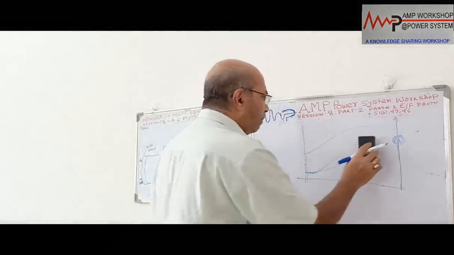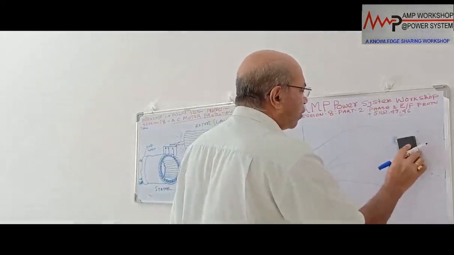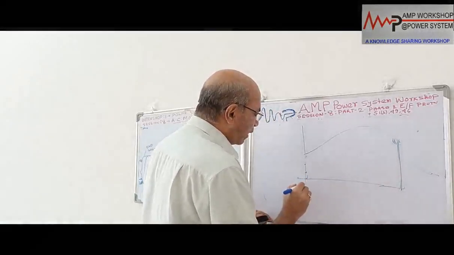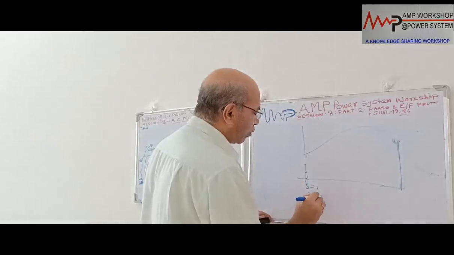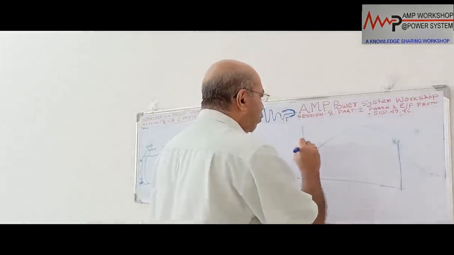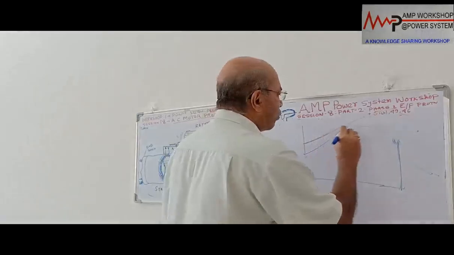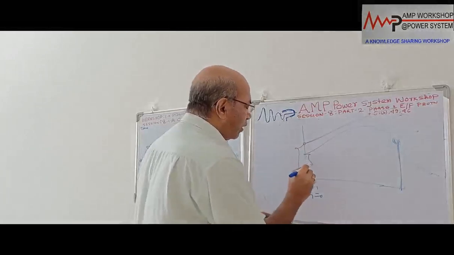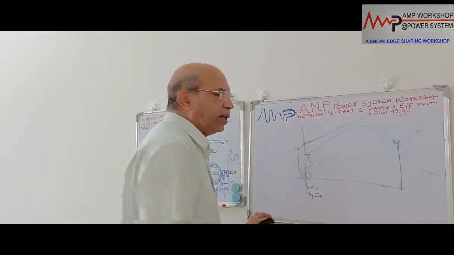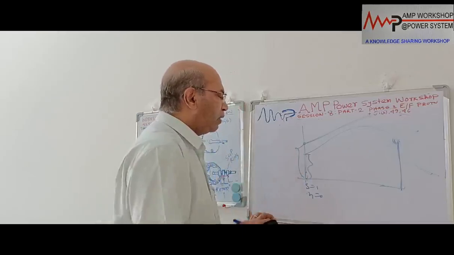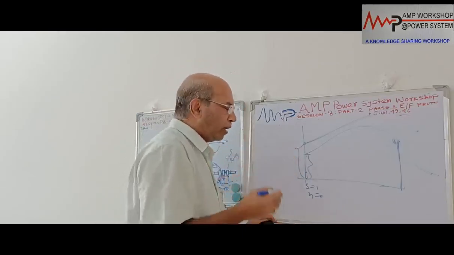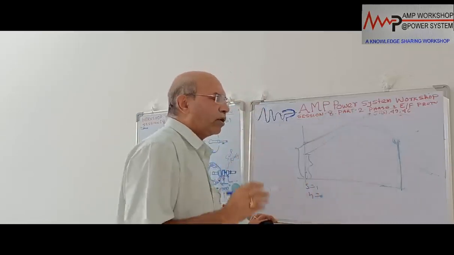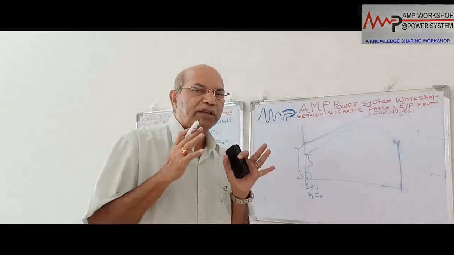But in another case, during starting, the motor may not start at all. Suppose at this point the motor is at standstill, where S equals 1, N equals 0, motor speed is 0, and at that point the load torque is like this, suppose this is the load torque curve. At the starting point this amount of torque is required, but the motor can produce only this amount of torque. So this will be considered a high inertia torque. If this type of load is on the motor driven side, then the motor will not be able to start the load, and we will call it a stalled condition.